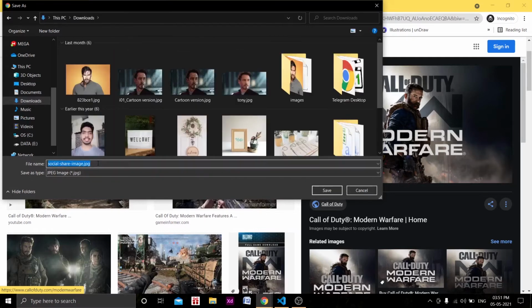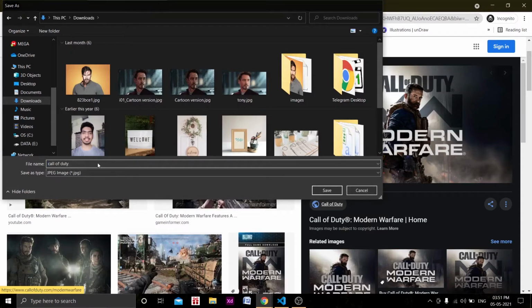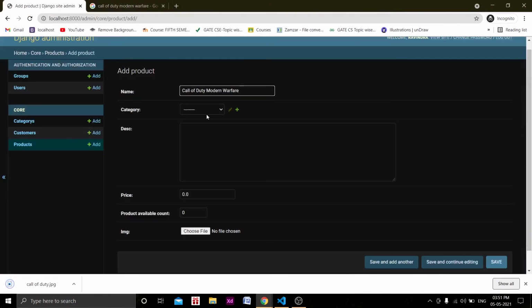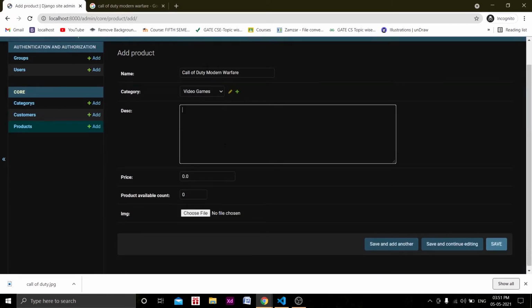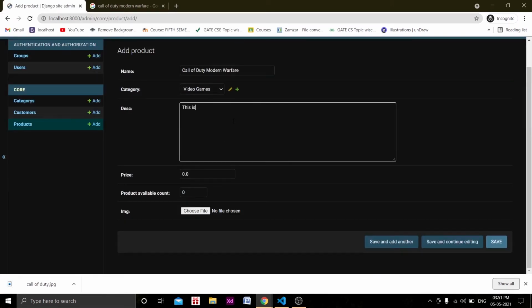So, Call of Duty, right? And the category will be video games. Description will be, this is the coolest. Let's add its price as 4,000. I think it's 40,000 there, so let's add 4,000 or 5,000.